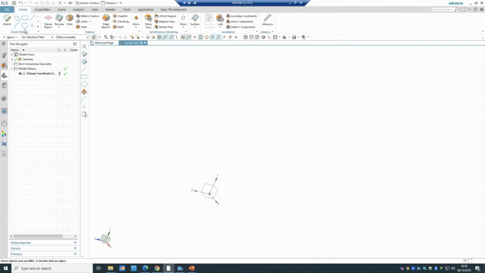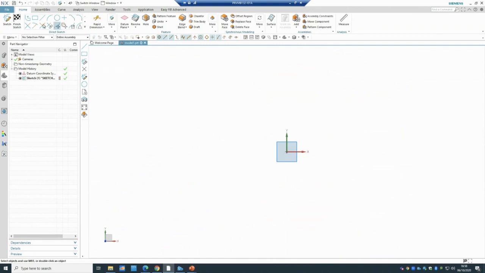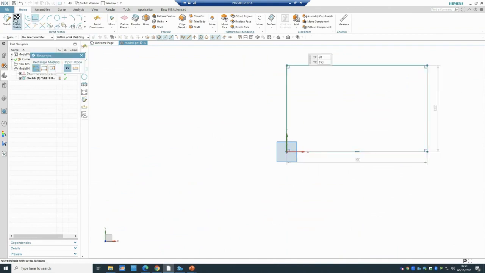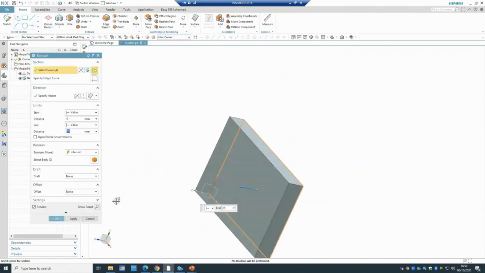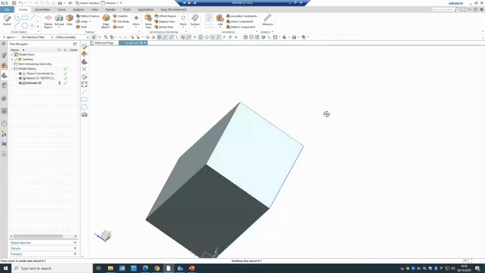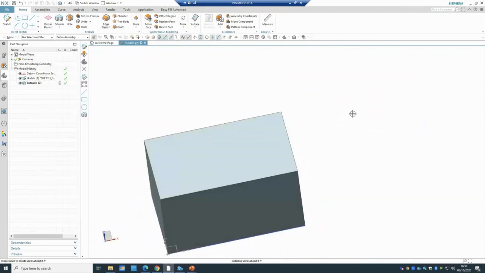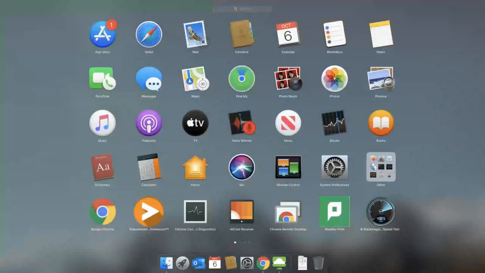Okay, so I'm gonna do a quick sketch and make a rectangle, extrude. And let's say you're gonna do a cut on this one, for instance. So if you want to cut something, then